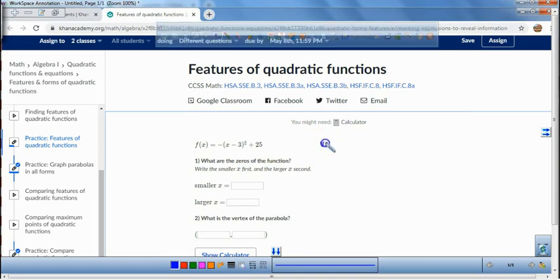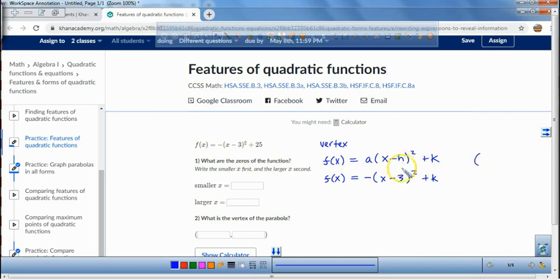find our zeros. Okay, so our vertex form is f of x equals a parentheses x minus h squared plus the k value. All right. So I'm going to go ahead and rewrite our equation right underneath it. Equals negative, open parentheses, x minus 3. So our h value is going to be 3 squared plus 25, and our k value is going to be